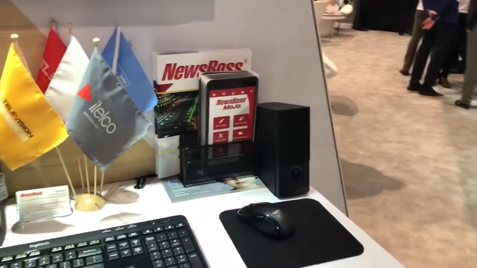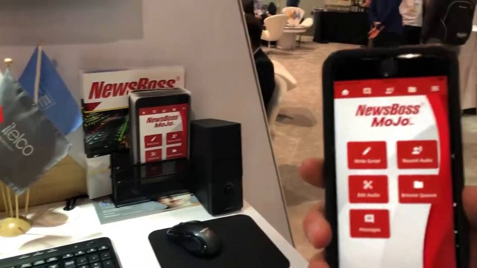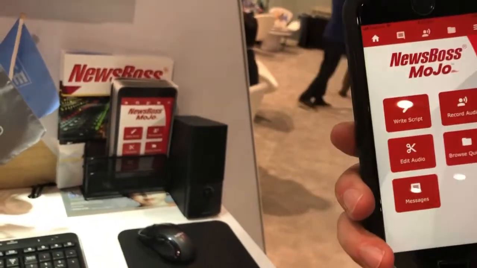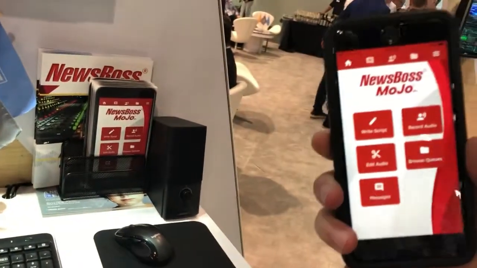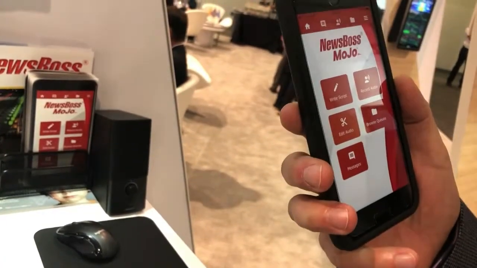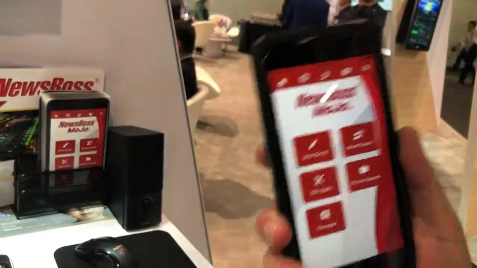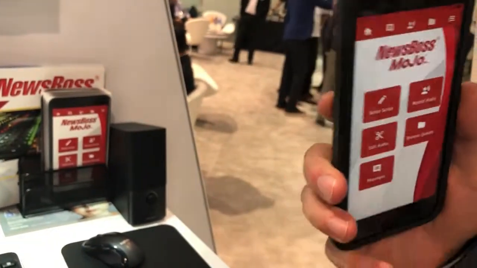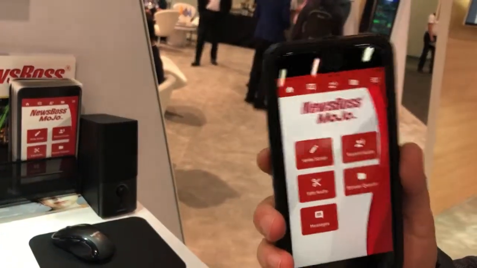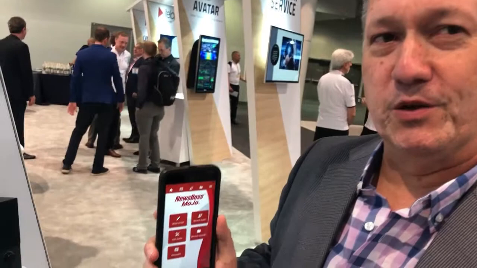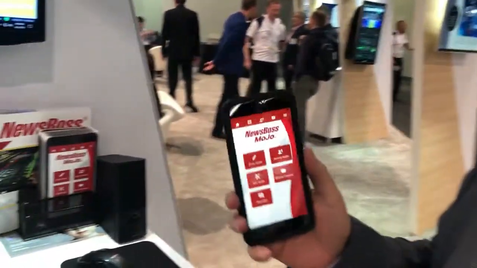Let's take a look at this new app that you've got, Mojo. Yeah, NewsBoss Mojo, short for mobile journalism, is a tool that you can pretty much do most journalistic assignments without requiring any kit. You could be called out to do something with only your phone in your pocket. You can do your interviews on this, you can edit your interviews on this, you can write your stories, you can put those audio cuts into the stories in position within the script, and then you can send the stories back to any queue in the NewsBoss system that you've got access to use,